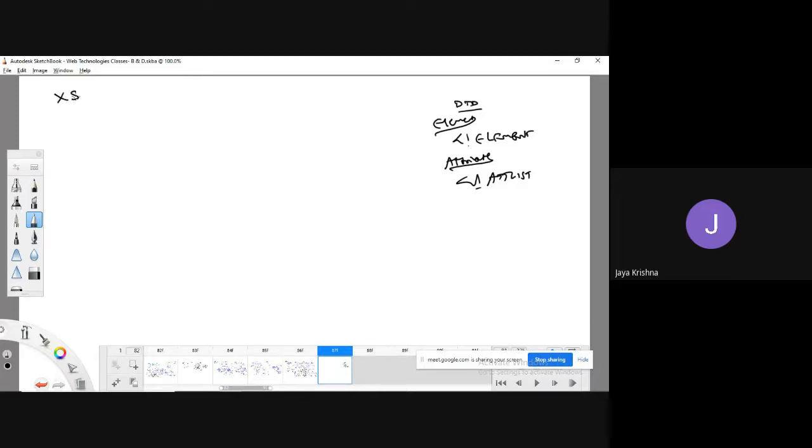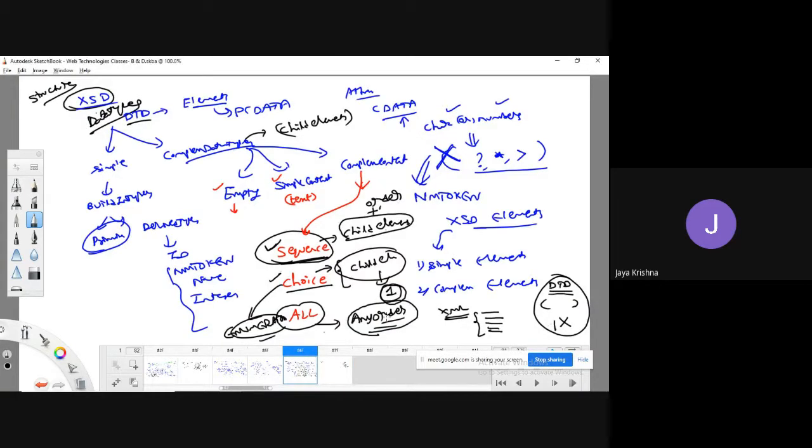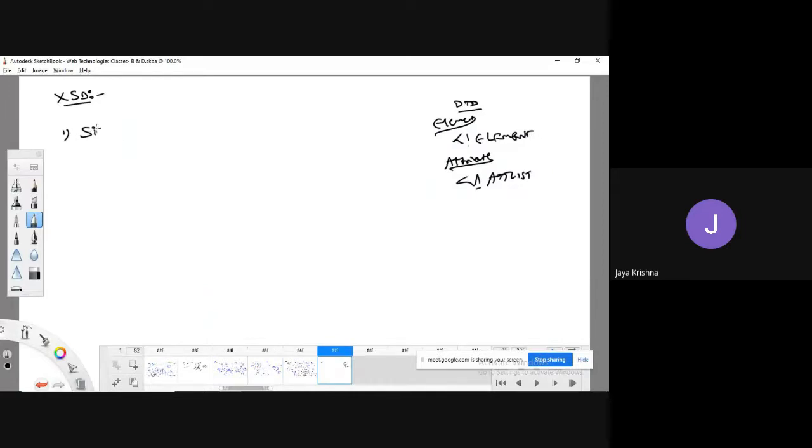Coming to XSD, elements are of two types, as in the previous normal thing: simple elements and complex elements. Simple elements are going to allow only text data. Meaning that if an element contains text data, we can call it a simple element. Whereas coming to complex elements,